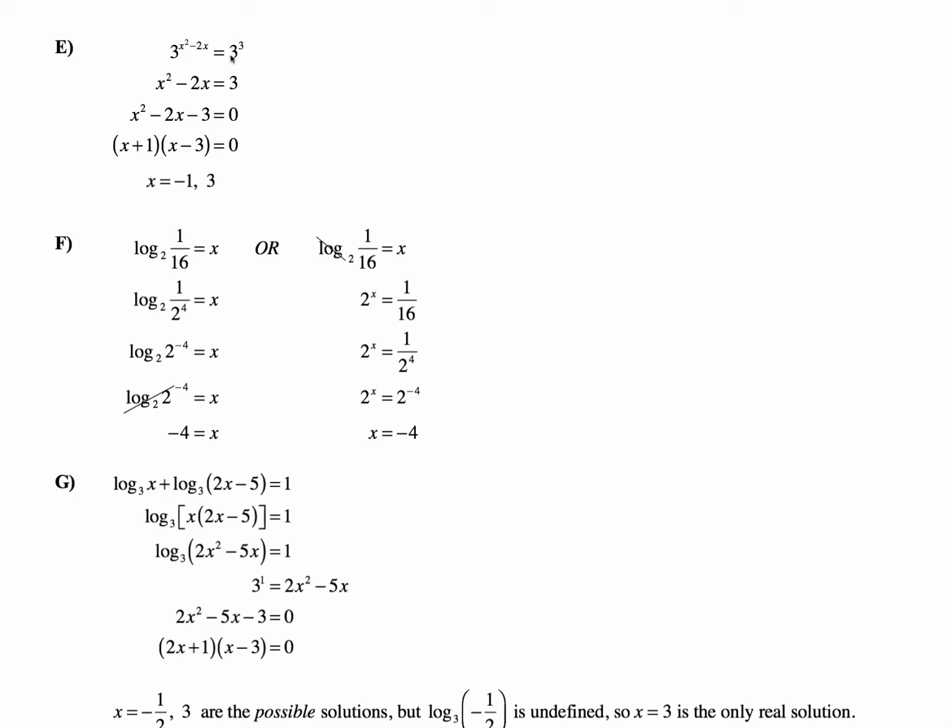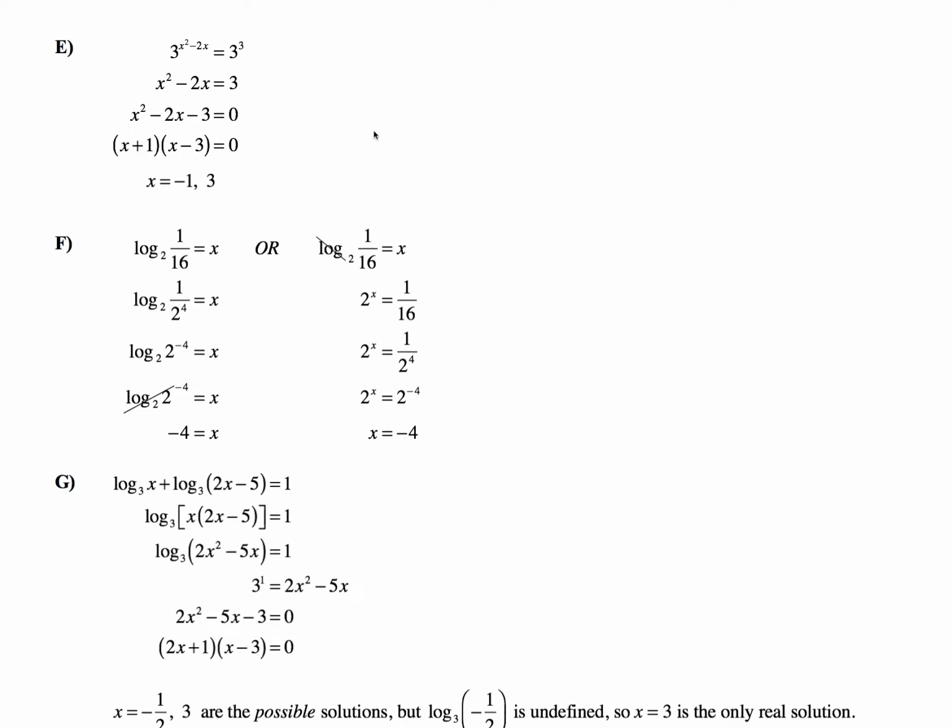Perhaps I did, but in any case, the bases here are the same, so we just set the exponents equal to one another. x squared minus 2x is equal to 3. We subtract 3 from both sides, and we have x squared minus 2x minus 3 equals 0. That factors very easily as x plus 1 times x minus 3, which tells us that our solutions are -1